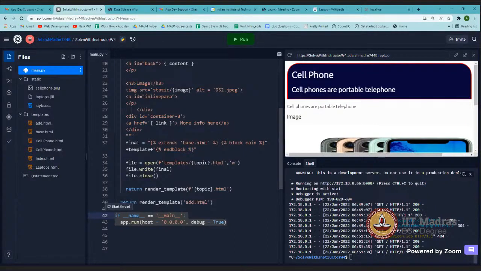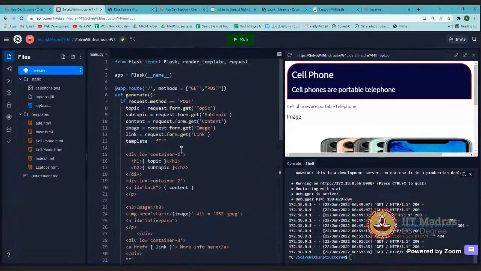See, what is happening here is, let me remove this debug equals true. I'm removing this, and in our file,